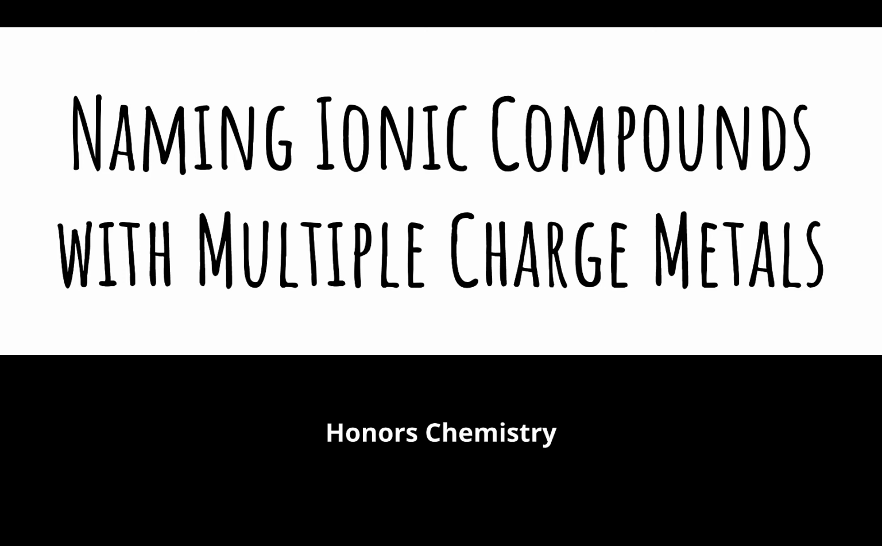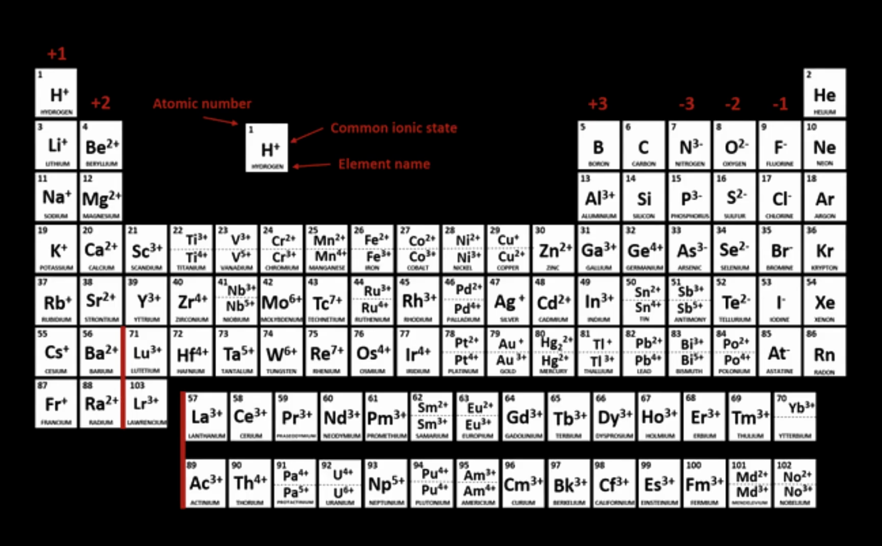Like we talked about in the last section, metals can either form one charge or they can form multiple charges. In the last section, we learned how to name metals that only have one possible charge. So we're talking about metals that were in group 1, group 2, and most of the metals in group 13. Today we're going to talk about how to name compounds that contain metals that have multiple